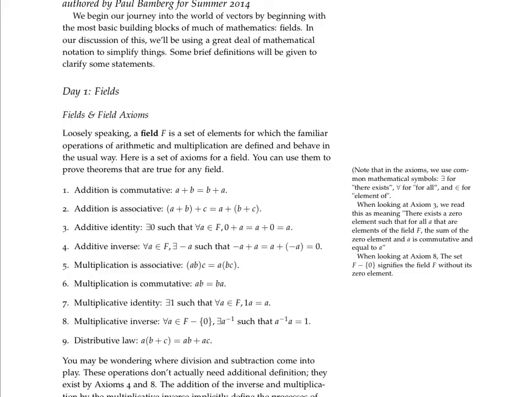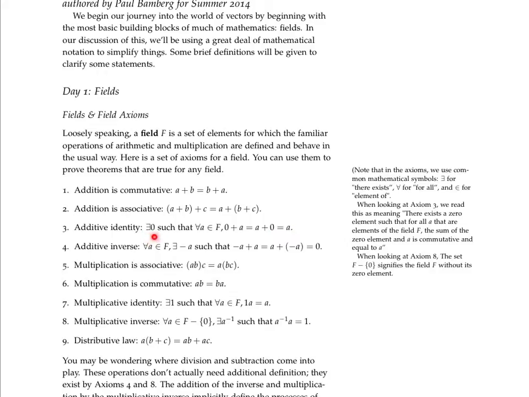The additive identity. Now, before I even say this out loud, there is some mathematical notation involved. We have this backwards E here, which means there exists. We also have an upside down A, which means for all. We have this weird sideways sort of pitchfork, I always say, but that means element of. So when we string that all together, what this mathematical notation allows us to say with way fewer words is